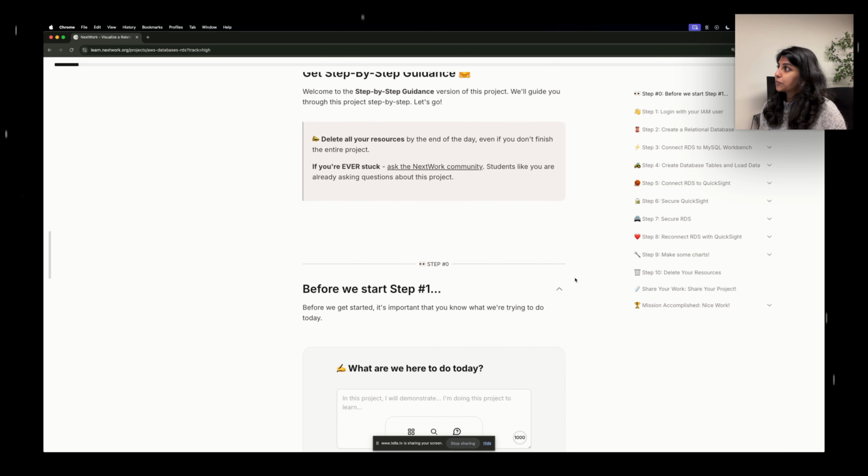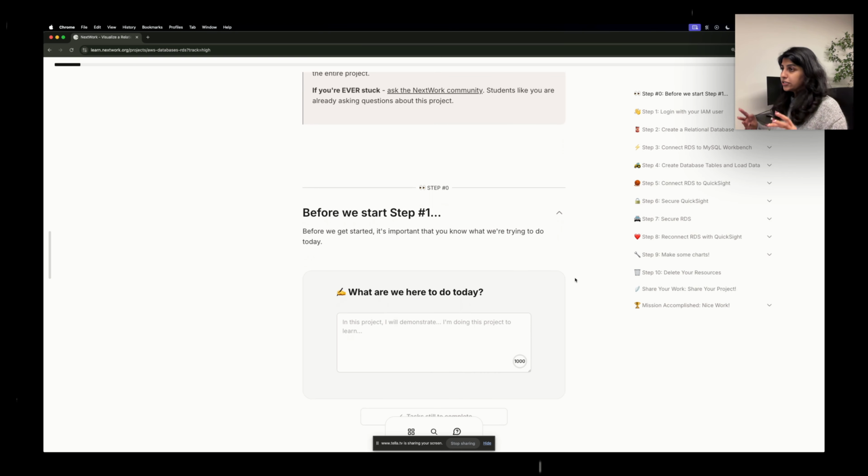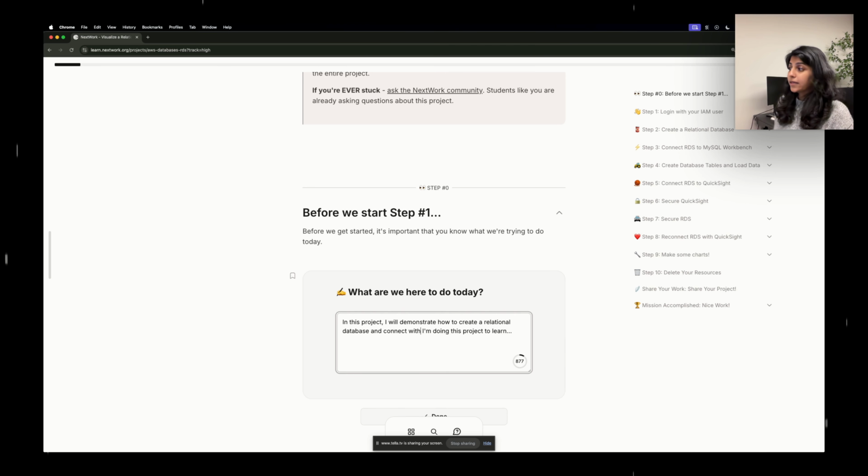So we'll start by always just remembering what we're here to do. So in this project, I will demonstrate how to create a relational database and connect it with QuickSight